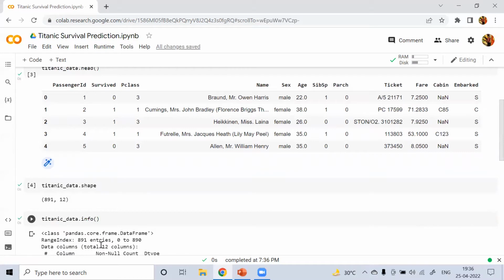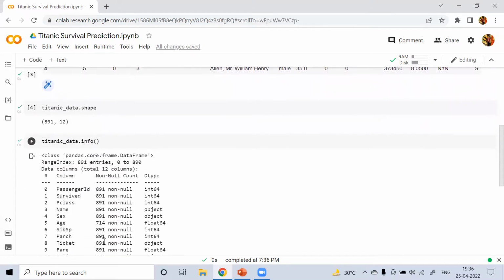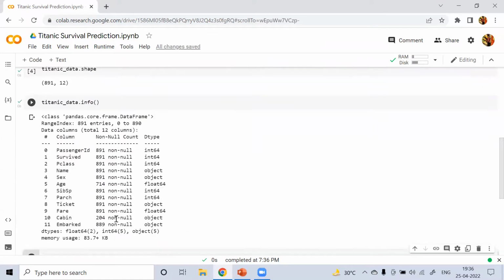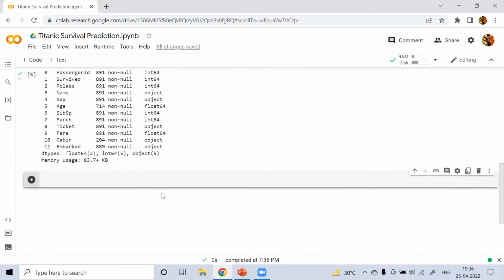In this case, we are getting some more information about the data. You can see some columns are categorical and some are numerical. Now let's check whether there are any missing values in each column.